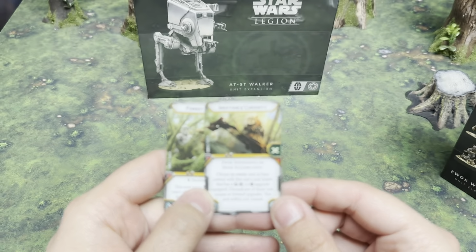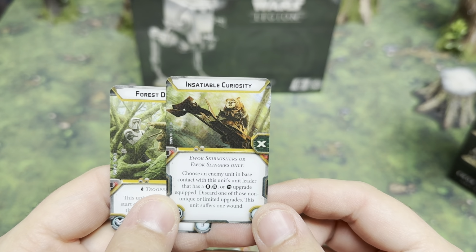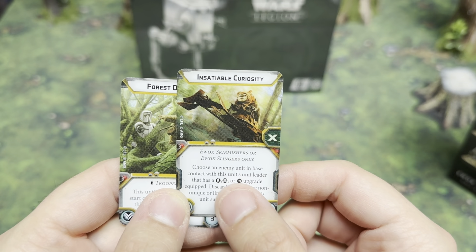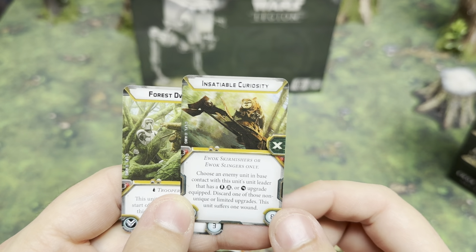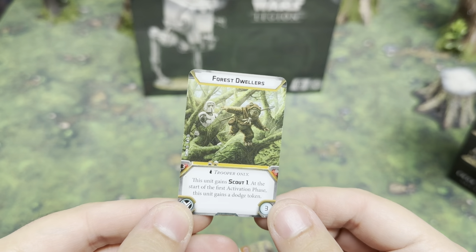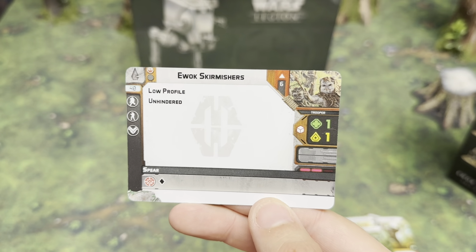This one's great. This is for the Ewok skirmisher or slinger only. Choose an enemy unit in base contact with this unit's leader that has an upgrade as listed here. Discard one of those non-unique or limited upgrades. This unit suffers 1 wound. And lastly, Forest Dwellers, this again is on the trooper only. Gains Scout 1 at the start of the first activation. It gains a dodge. The 2 units that get in this box is the Ewok skirmisher, low profile, unhindered,